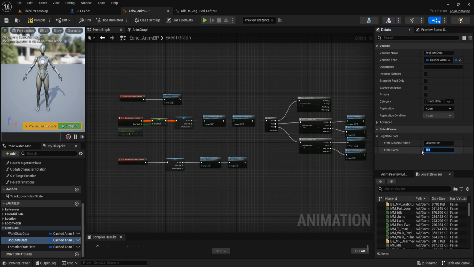When we create the state machine, we have to use the same name as this cached name data. And locomotion state data, the name is main states. State name is on ground.